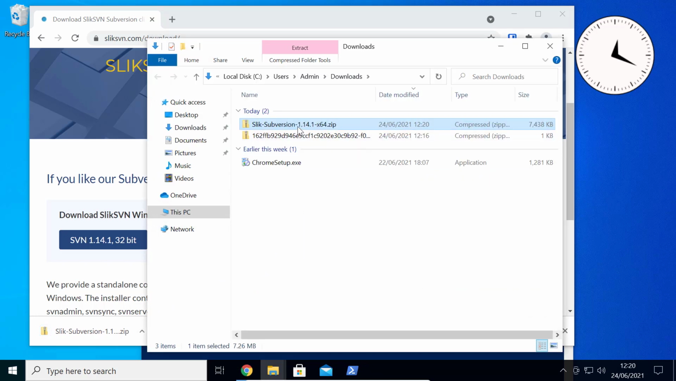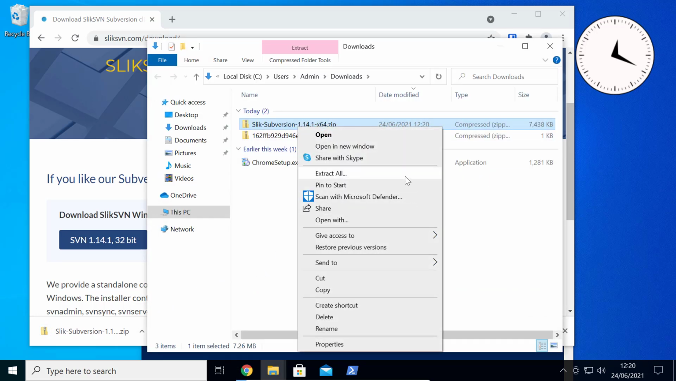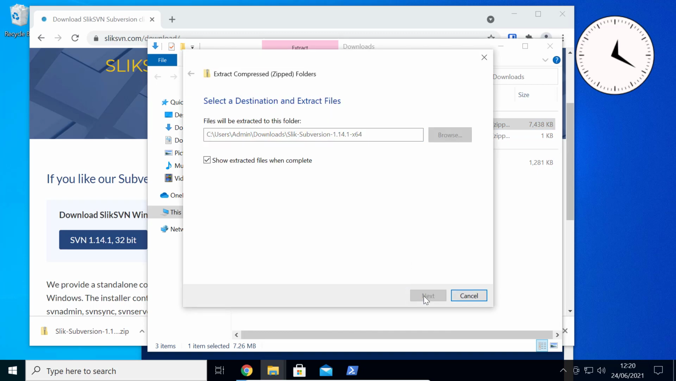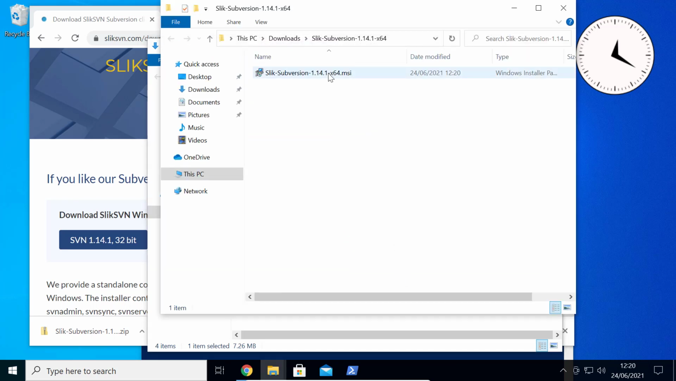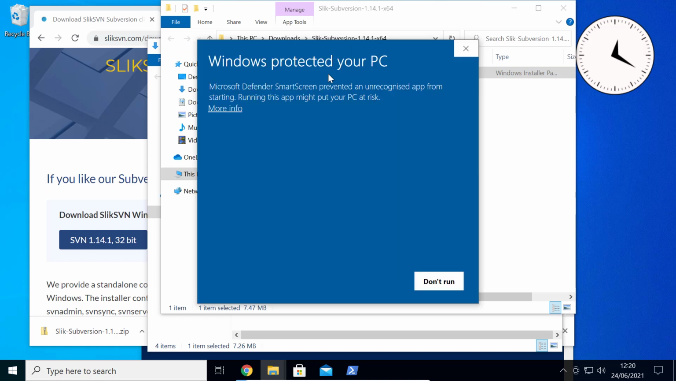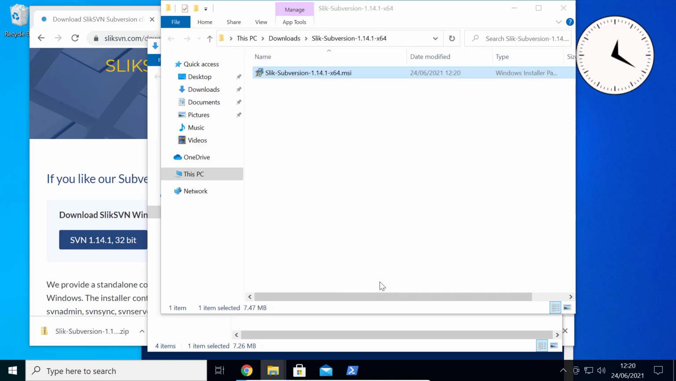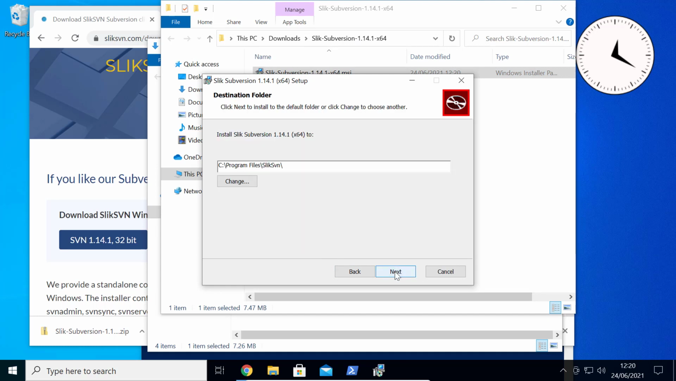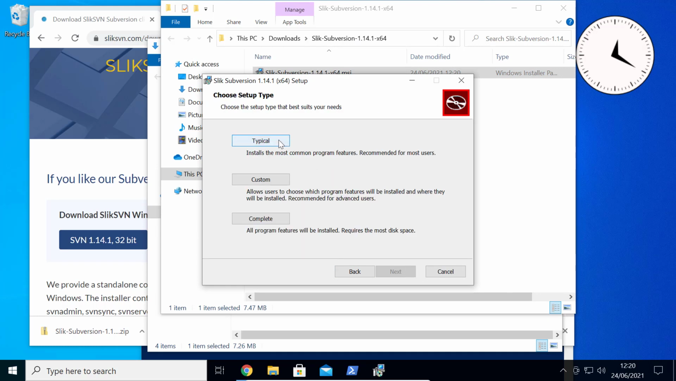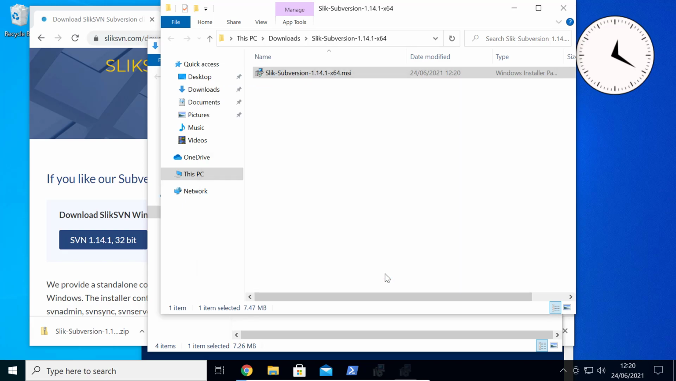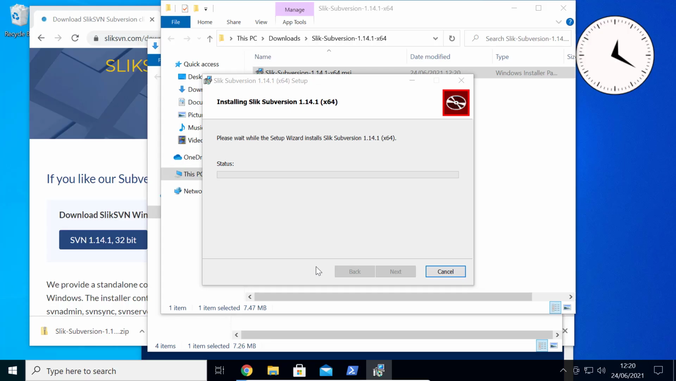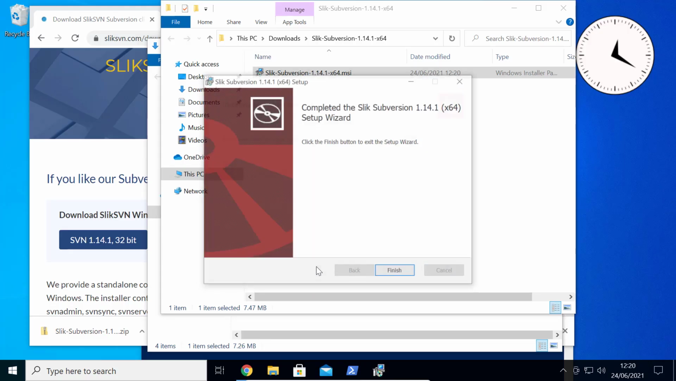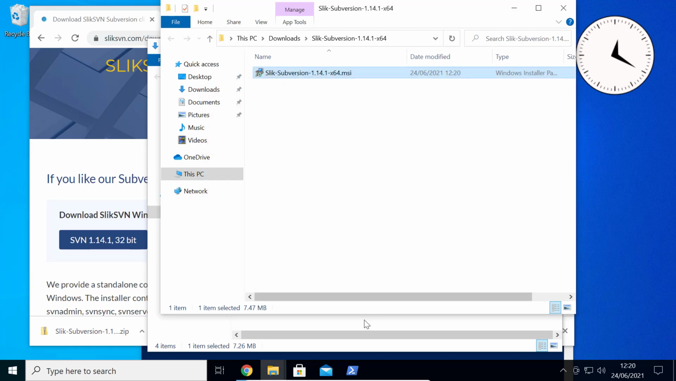It's in a zip for some reason. And yeah, it might complain. I wouldn't worry about it because it's pretty legit. So typical is fine. And then in our